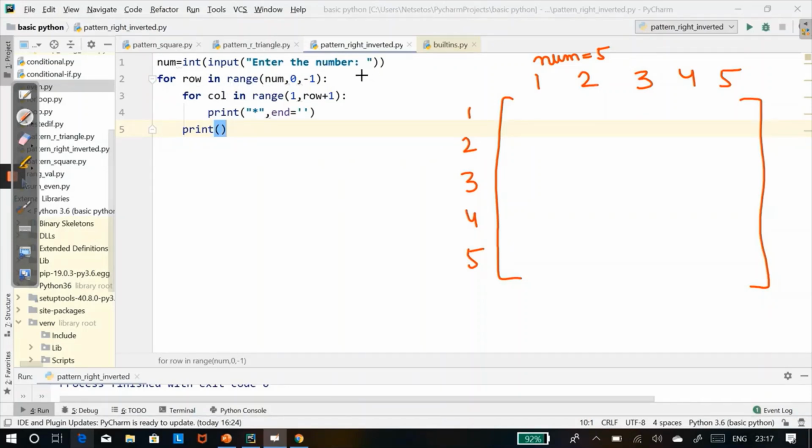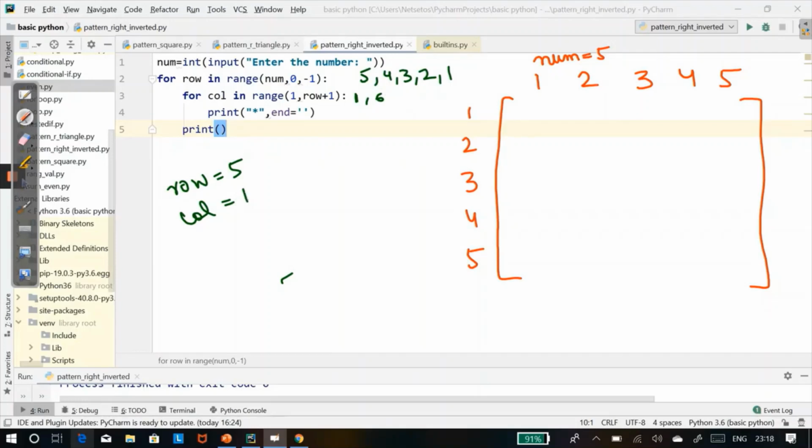It will run from 5 to 1, as 0 will be excluded. And it will be in step size -1, like 5 minus 1 is 4, 4 minus 1 is 3, 3 minus 1 is 2, 1. Now column will run from 1 for row equal to 5. Let's execute the first one. If row is equal to 5, column will run from 1 to 6.